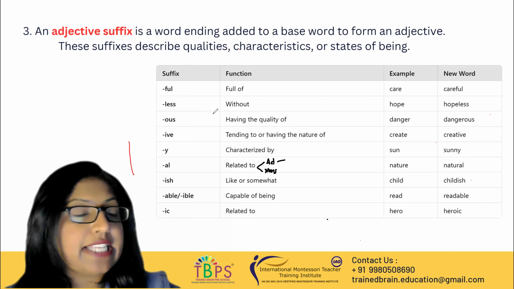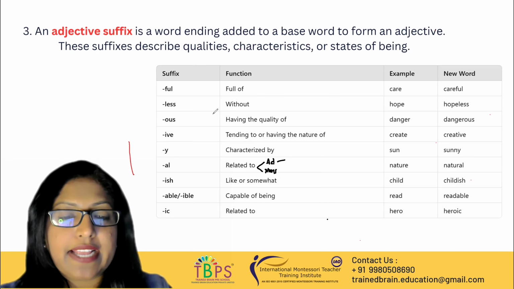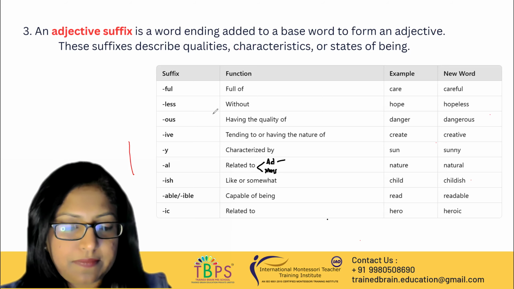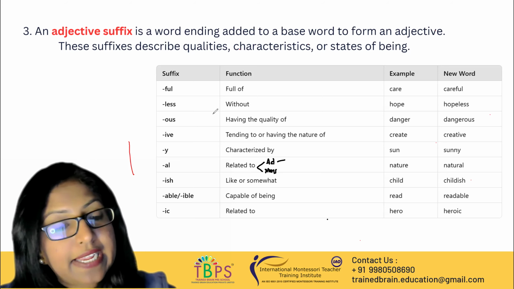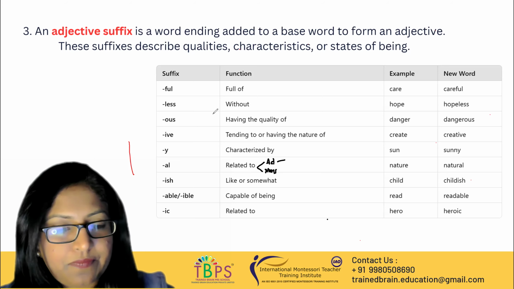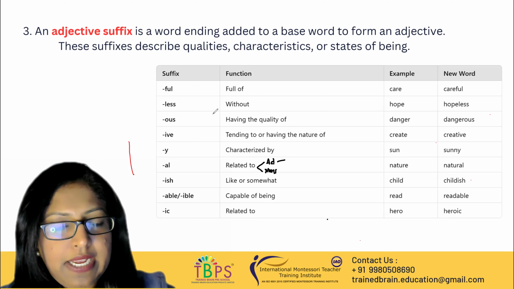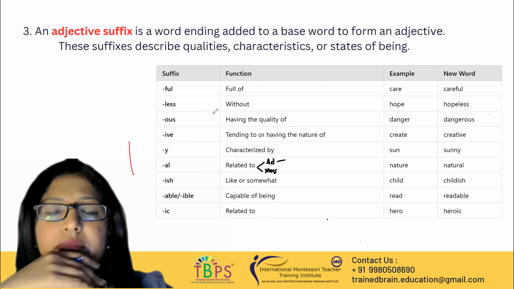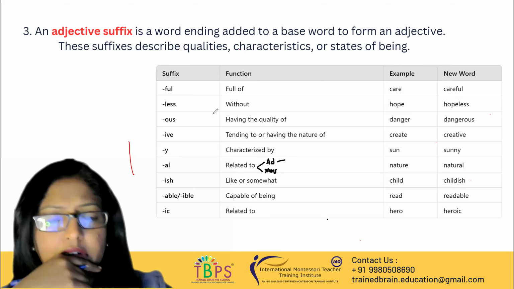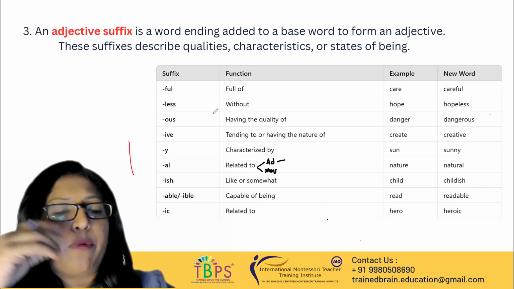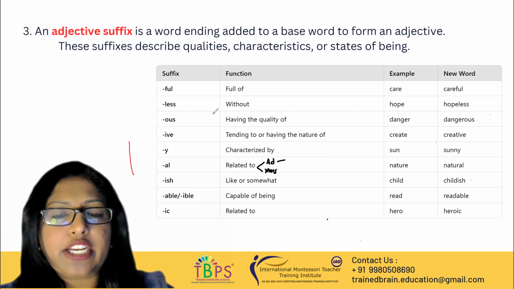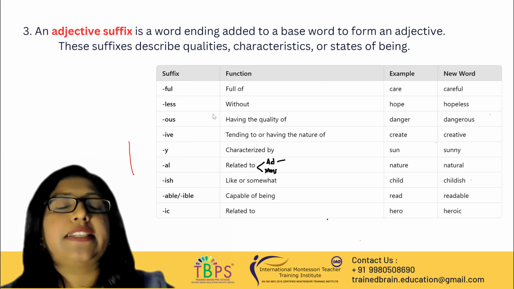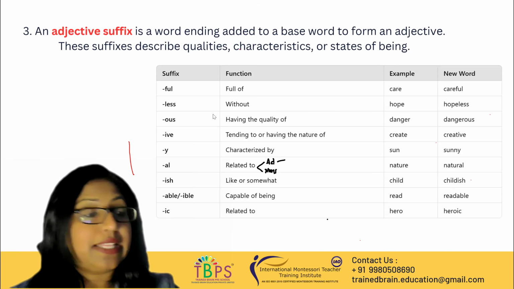Now let's move to the next one, ish. So in what cases can I use ish? When can I use an ish? See, sometimes childish. It is relating to approximation. So when I have something which is related to approximation, or sometimes in case I'm working on the similarity part of it,